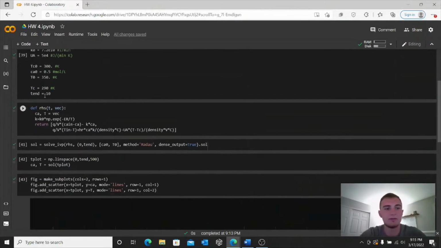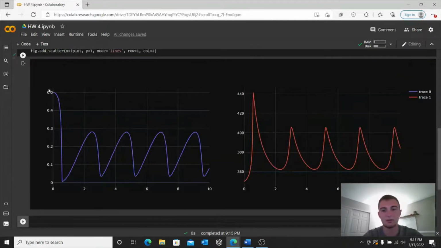So let's look at this second scenario. If for whatever reason we change from a coolant temperature of 300 Kelvin and go up to 305 Kelvin, this looks a little bit different. It looks kind of crazy at first, but it does make sense. So if we raise the coolant temperature to 305 Kelvin, we'll notice that the temperature of our contents obviously will rise. Now, if we look over here at the same spot on the graph for the concentration of A, we'll see that since the